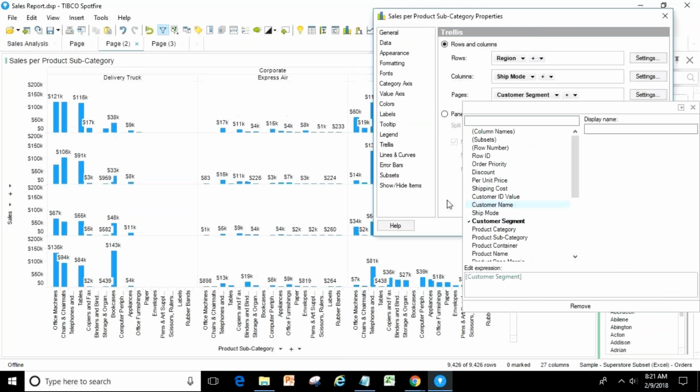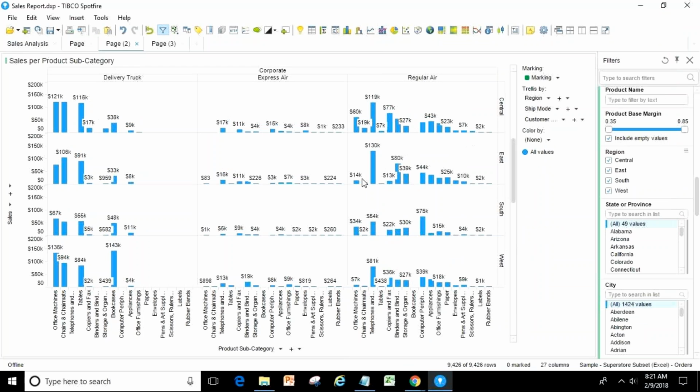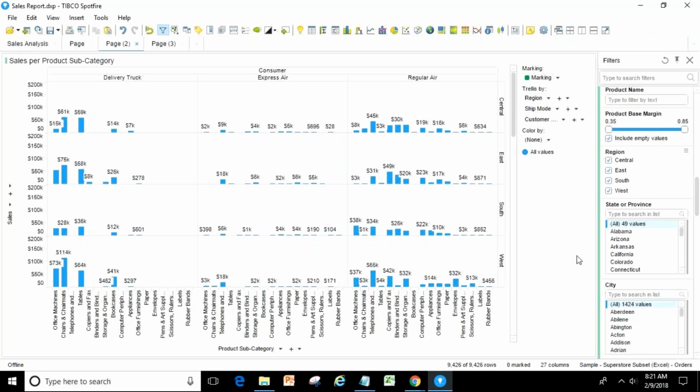I understand that this will look a bit not easy to understand to read, but we'll see how it can be more useful or easily interpreted. Right now we are getting rows, columns, and pages.